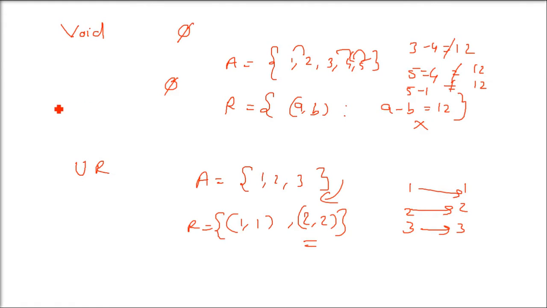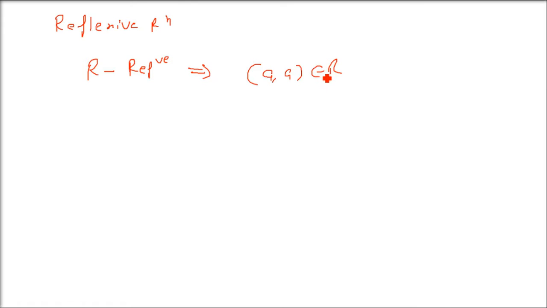So in order to understand the equivalence relation, I am taking you forward to the equivalence relation concept. We need to know about three relations. One is reflexive, the other is symmetric, and the third one is transitive relation. So what is a reflexive relation? A relation R on set A is said to be reflexive if every element of A is related to itself. What does it mean? If R is a reflexive relation, then (a, a) should also belong to that relation.